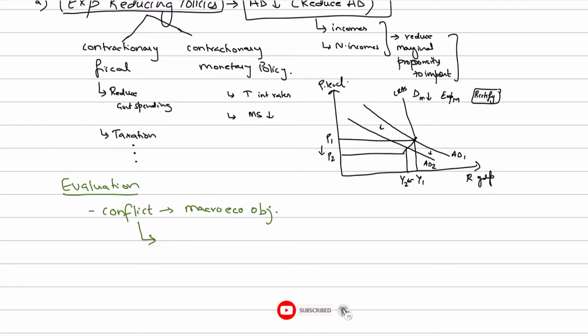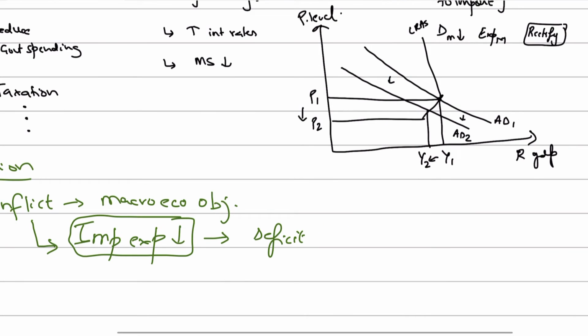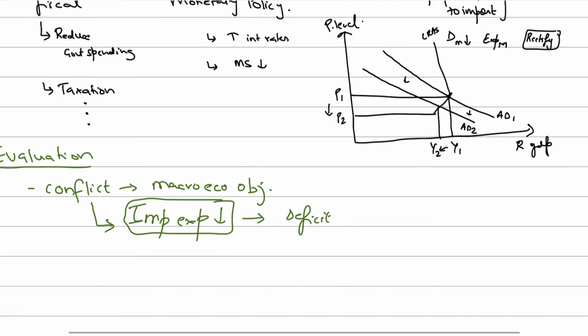We understand that it's going to result in your import expenditures falling, and that will help you in rectifying your deficit. But one thing is that you have reduced the level of aggregate demand in the economy, and you achieved this through a reduction in AD. Now, a reduction in AD is not itself considered a good thing, especially if you have a lot of slack in the economy. So if you haven't reached full employment, your economy is not overheated, and you are reducing your AD,